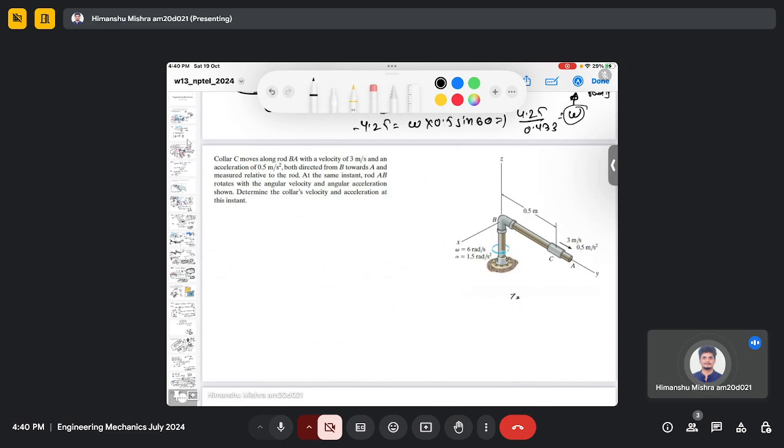So here it's a similar problem. The only difference here is the frame of reference in this problem is rotating. So in the previous problem it was fixed. So we have worked on the fixed frame, but now here we have a multiple frame of reference. We have a fixed frame as well as a rotating frame, and you can actually visualize this concept